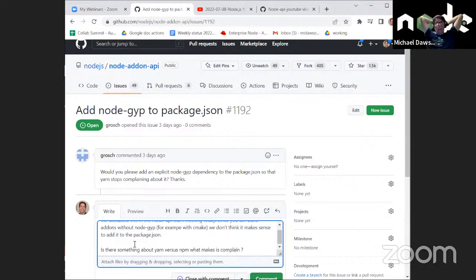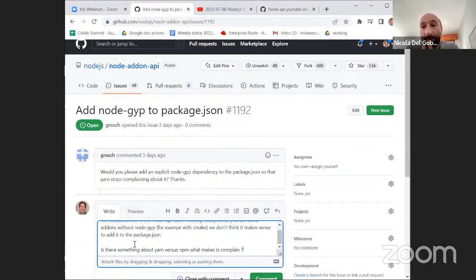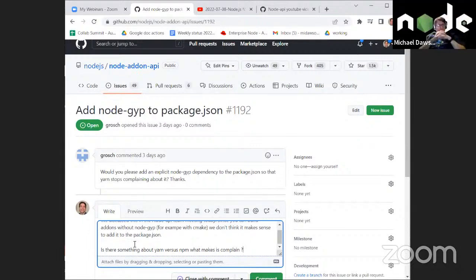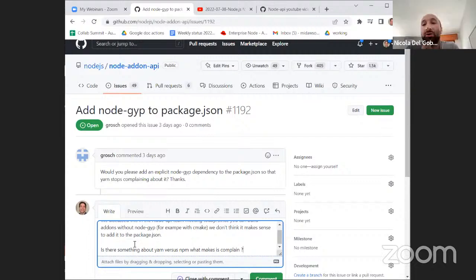So this is for, like, if you run our tests, it'll complain about it. Is that right? Yeah, maybe. Because we use Node.js in tests to build the native code that we test. So in that case, maybe.